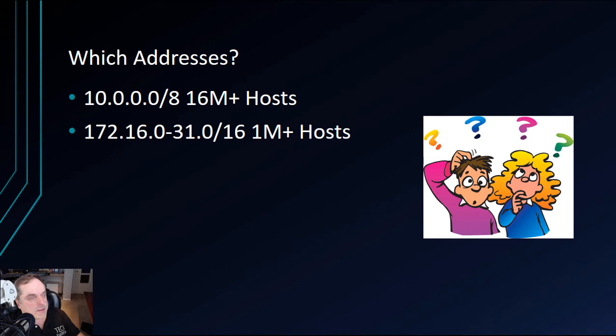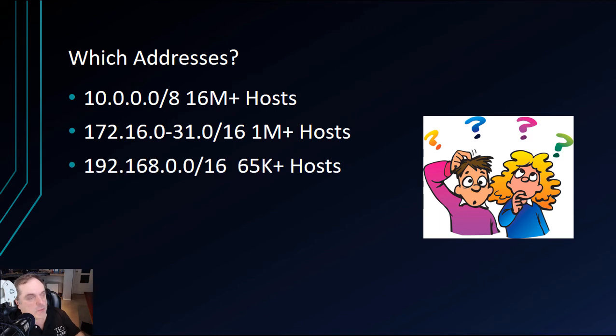Another block is the 172.16. Now, unfortunately, they made this super confusing. So 172.16, so 0 through 31. That means starting at 172.16.32, you now have a public IP address. But if the third octet that you see there is 0 through 31, that means it's an internal address. So by default, it's a /16 address, which again, we used to call Class B. And so that allows us to have 1 million plus hosts.